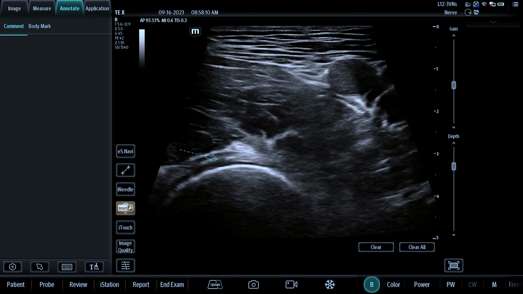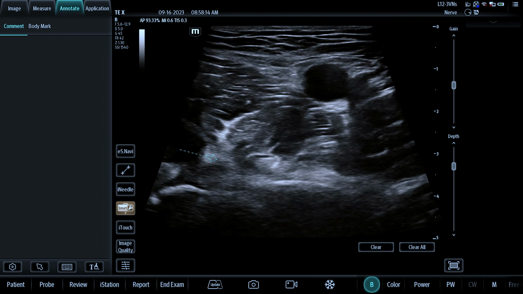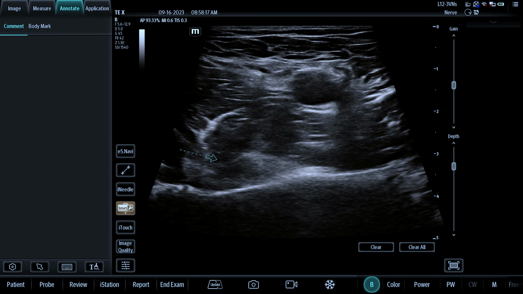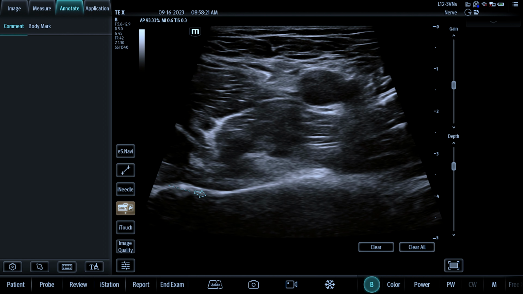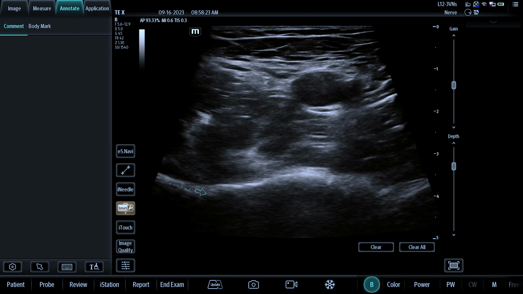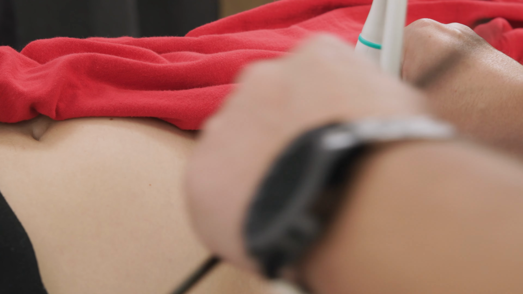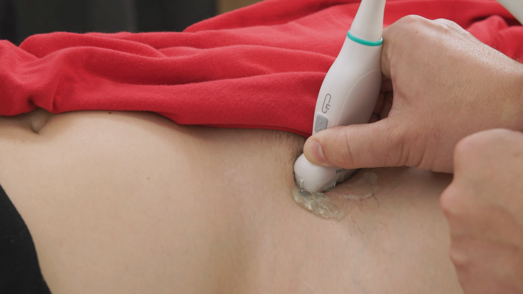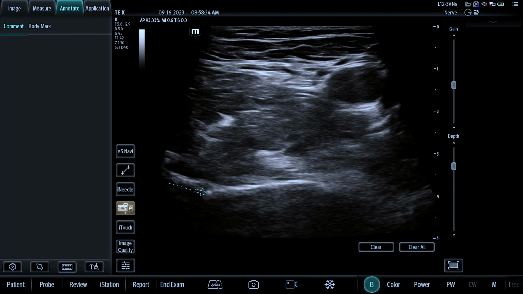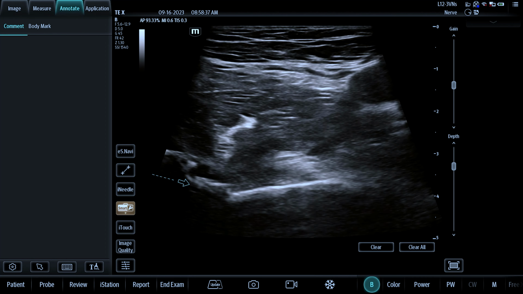If you see this, you're too caudad. If I slide a little bit more cephalad, you'll start seeing this nice white continuous line. And this is what we want to see. This is actually part of the pelvic brim. I'm going to manipulate the probe just a little bit by taking the lateral aspect of the probe and moving it a little medially. By doing that, I can kind of make that nice white line a little better, like